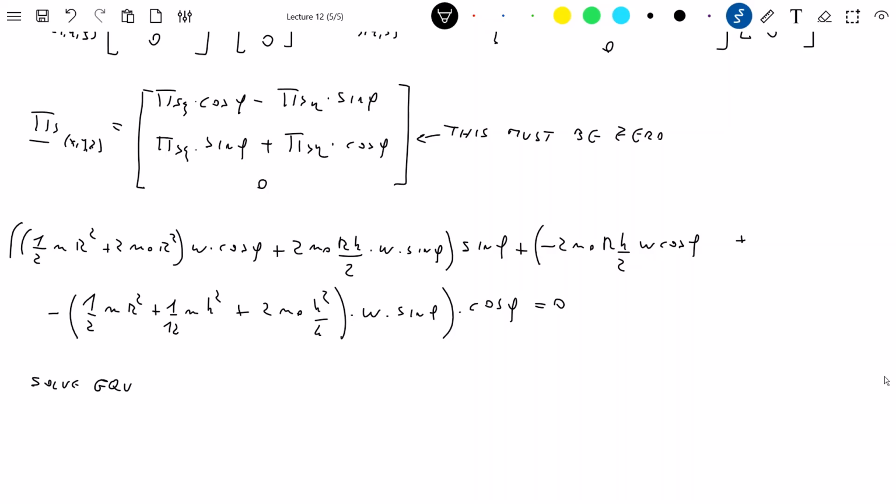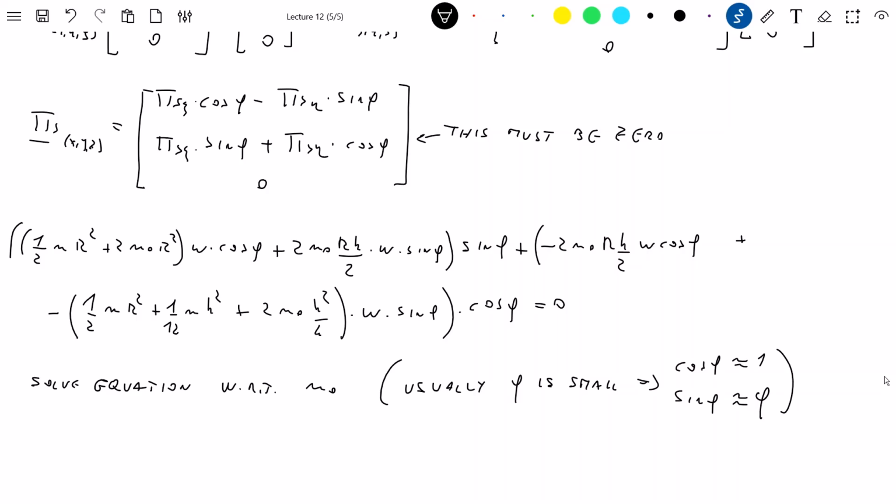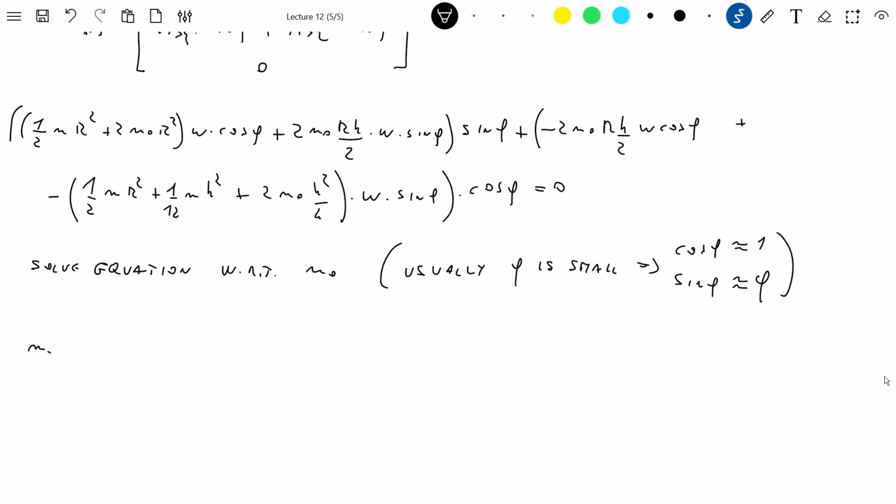Solve the equation with respect to m0, and usually phi is small, therefore you can assume that cosine of phi is almost equal to 1 and sine of phi is almost equal to phi, okay? Usually you can make this assumption. Anyway, the solution that you obtain from this is that m0 must be equal to m times